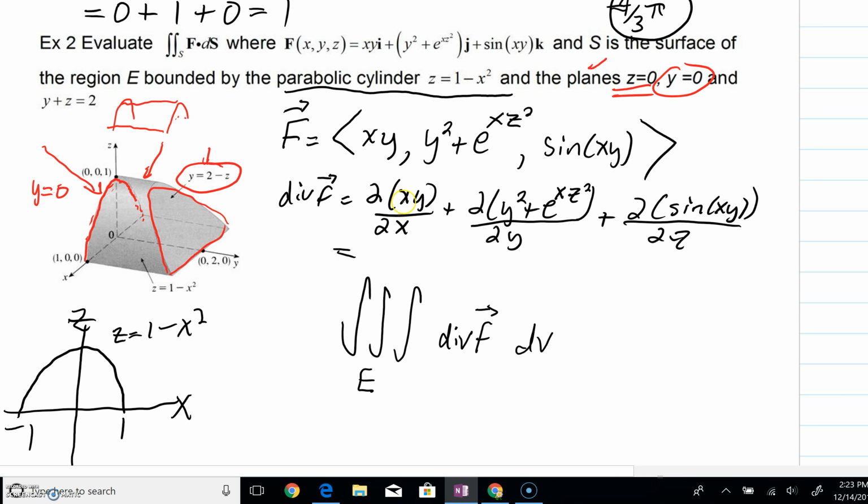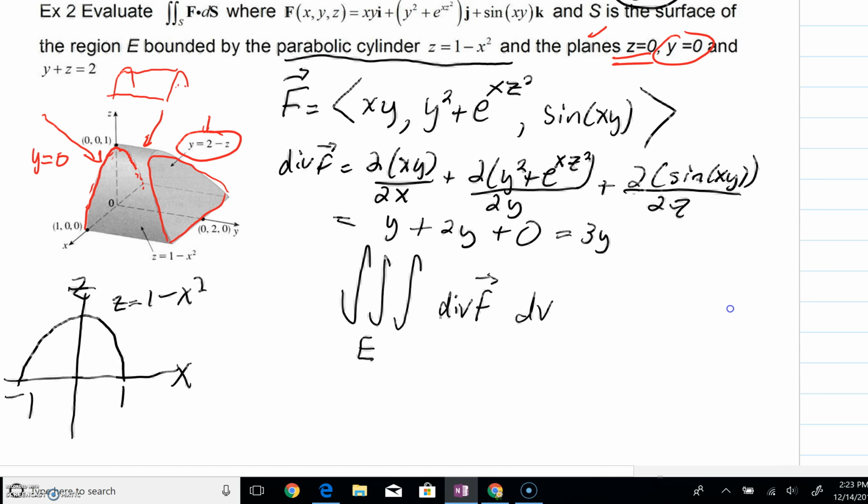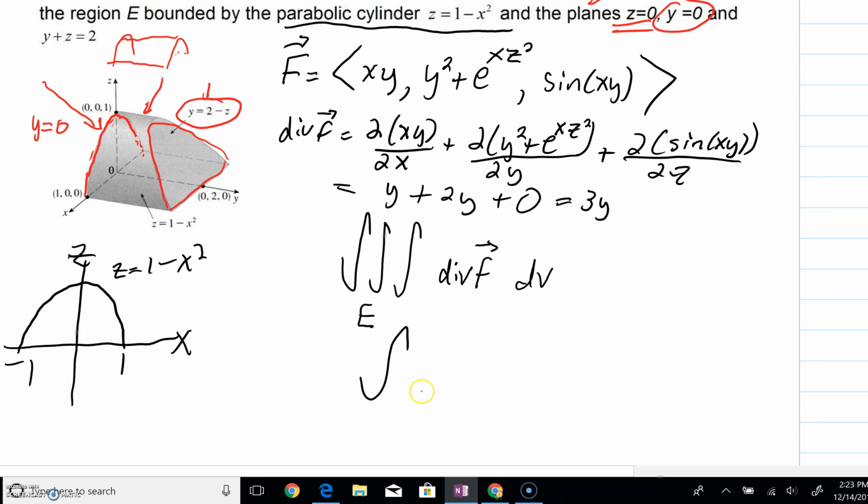And here, taking our derivative of xy with respect to x, you just get a y. The derivative of y squared plus e to the xz squared with respect to y would be a 2y. And our last component, there's no z in there. Everything's considered a constant. You just get a 3y. So delightfully,